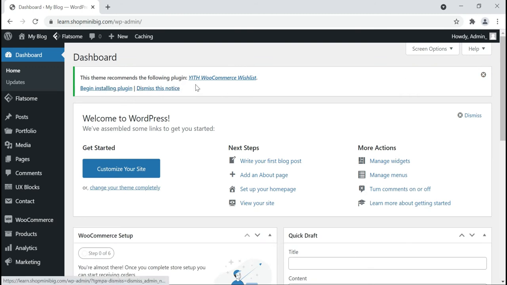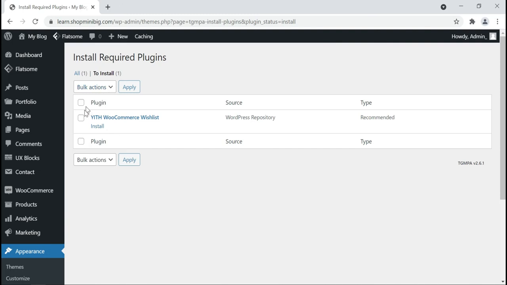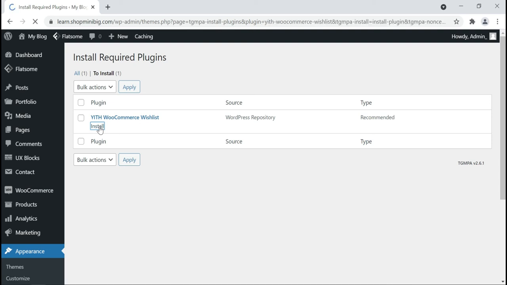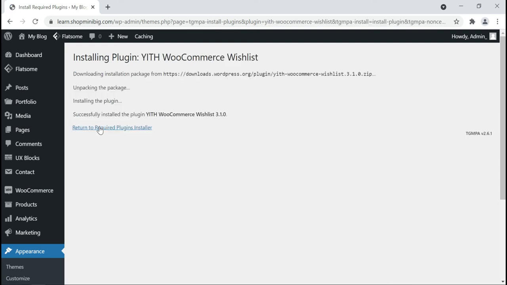If you have this message, the theme recommends the following plugins that you should install. First, install these plugins by clicking begin installing plugin. Click install. The plugin has been installed successfully.